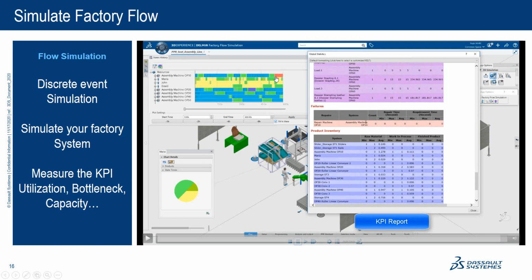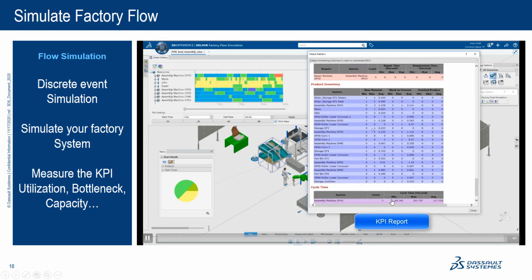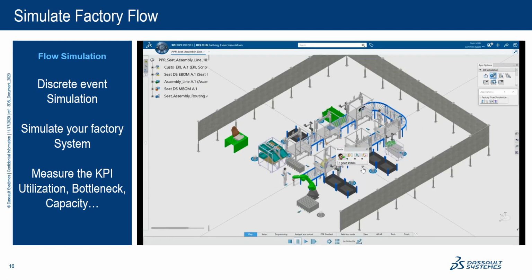And the red color, we will see that later, is where we are simulating a breakdown of the machine, or maybe tooling that you need to change regularly. We can simulate that also in the model. We will see that a bit later.